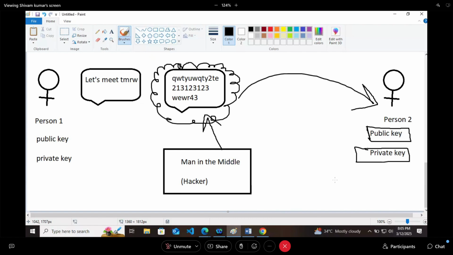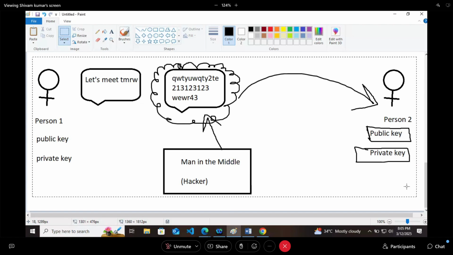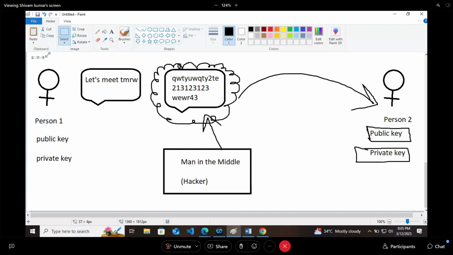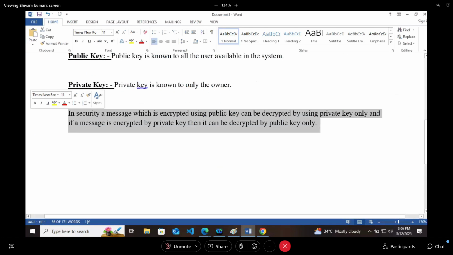Okay, so let's do one thing. Now we will understand how we actually do this thing in coding, like how to say what is public key, what is private key, how we will do that. That we are going to see. And we studied all of these things to learn about JSON Web Token.